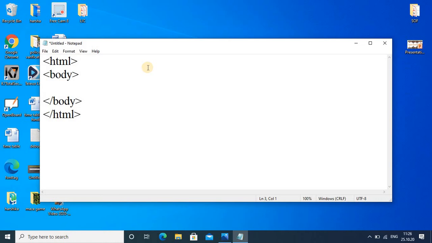And here we are creating image as a link. Okay, so in the previous video we created text as a link. So how do we use anchor tag and then text? Okay, in between the starting tag and closing tag we use text. Same way you have to use image here in anchor tag.